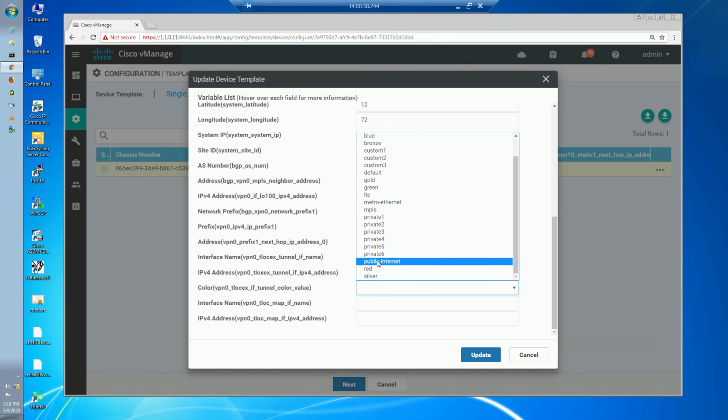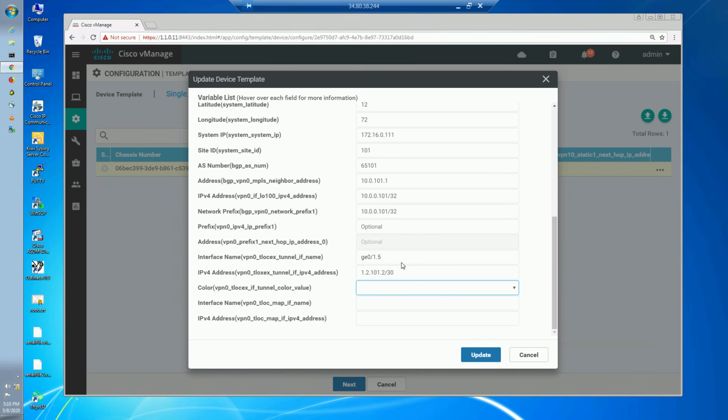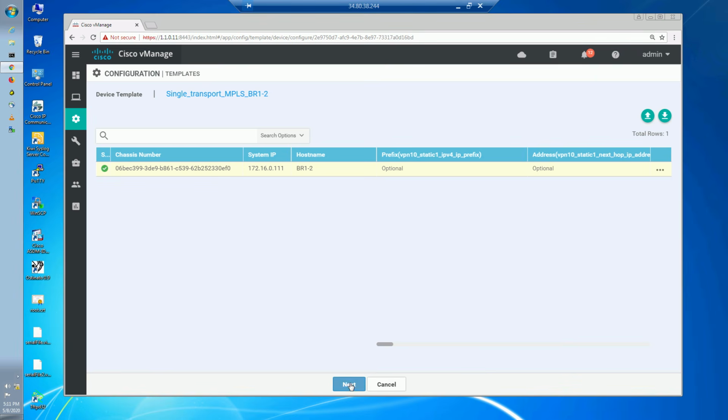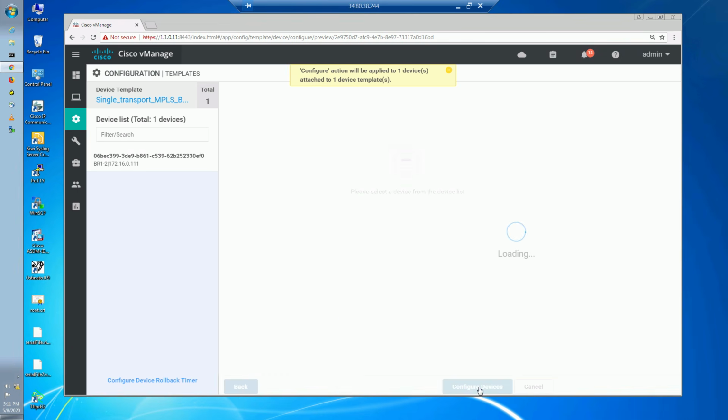So let's go and select that. And this is going to be the gigabit 1/6, I believe, and I'm happy with that. And the last part is we are going to put in the IP address, which is almost similar to this, but it's going to be 101 here, 01. Once you get the hang of it, it's pretty easy, right? So click on next, configure devices,